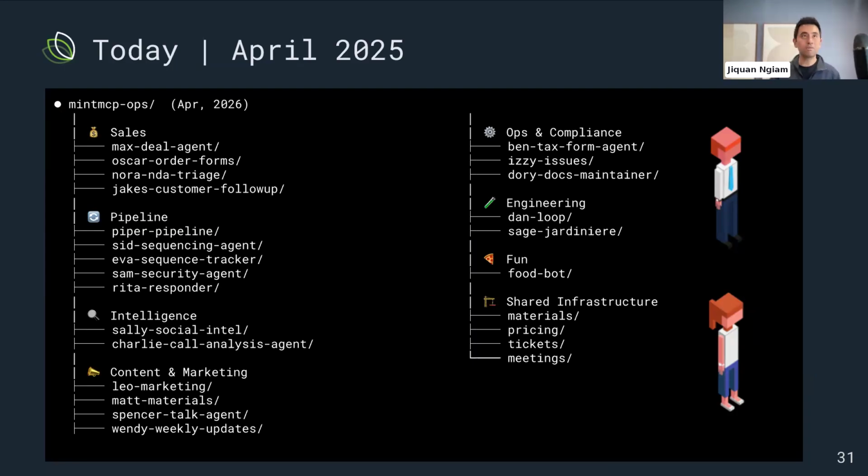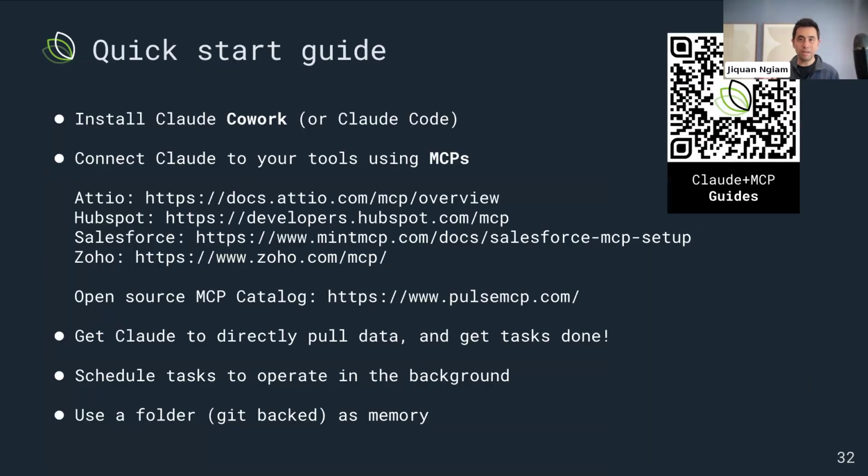I wanted to share one thing with people here, which is that we are very far along in this agent space. Many of you in the room might be wondering, what can I even try today? How do I set this up? I'm sharing a quick start guide that we'll send to you. The best way to get started early in the journey is really just to use Claude,